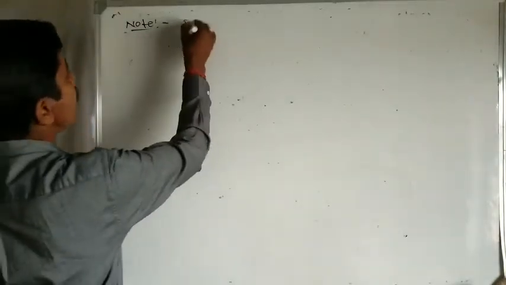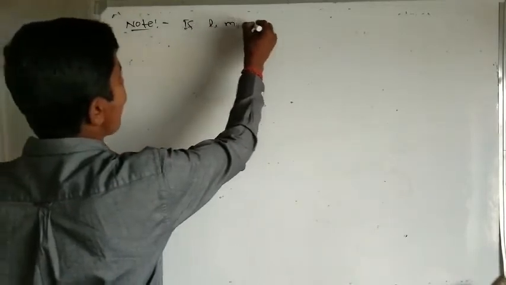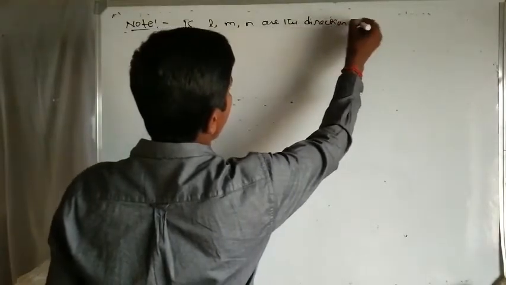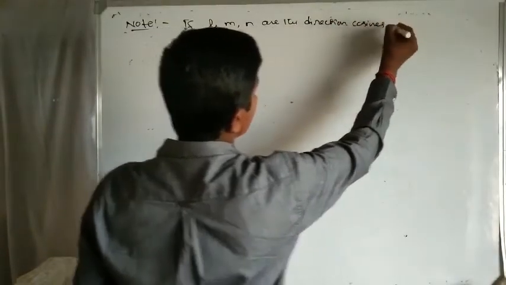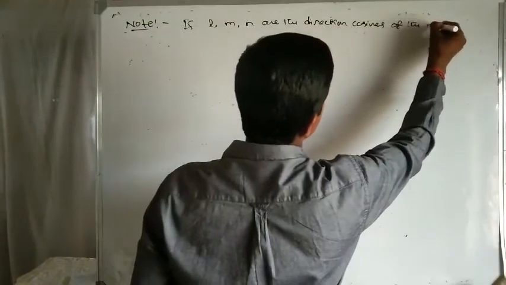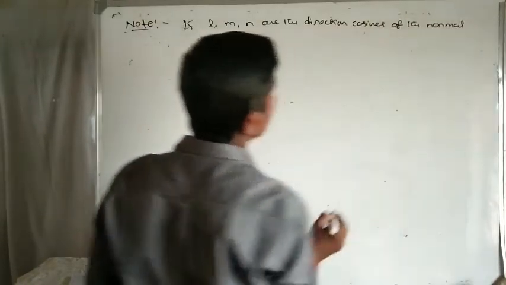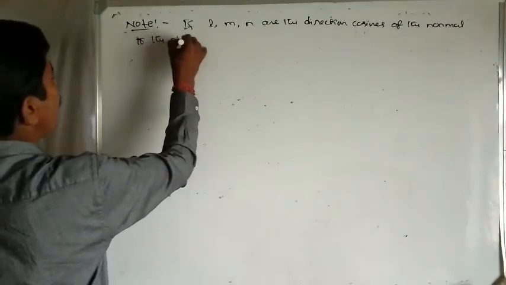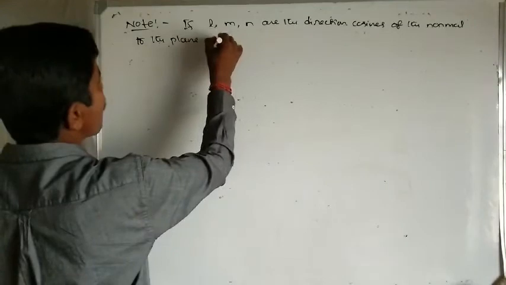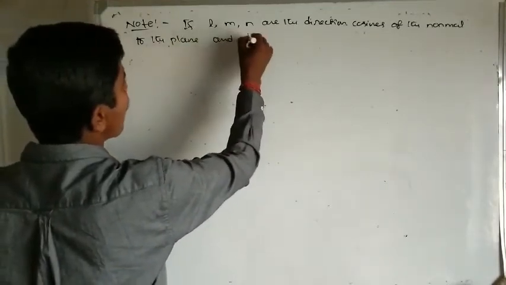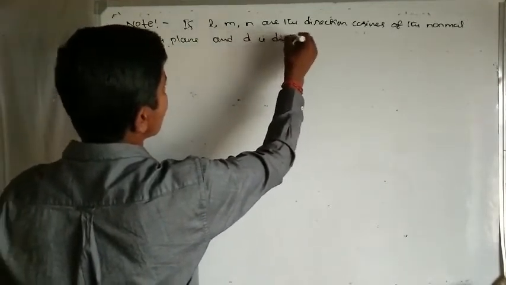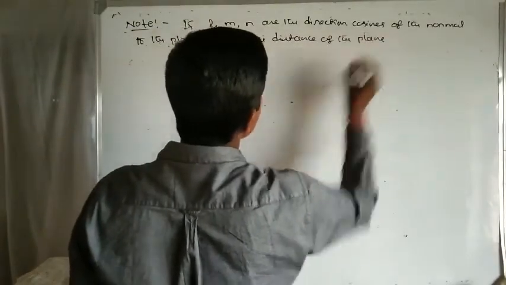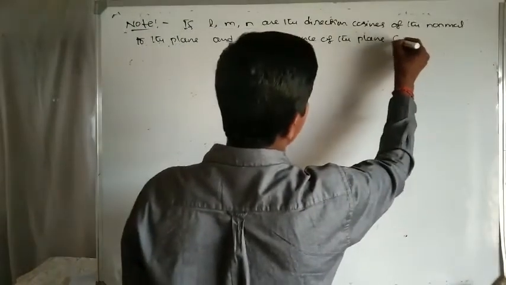If l, m, n are the direction cosines of the normal to the plane, and d is the distance of the plane from the origin,